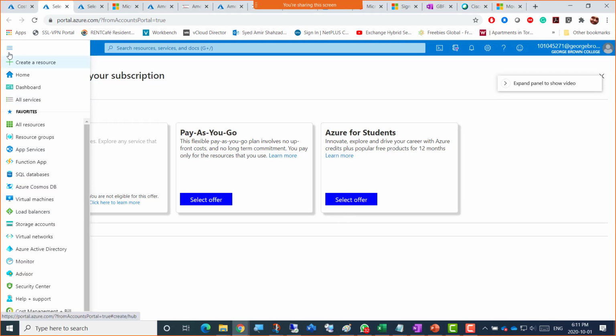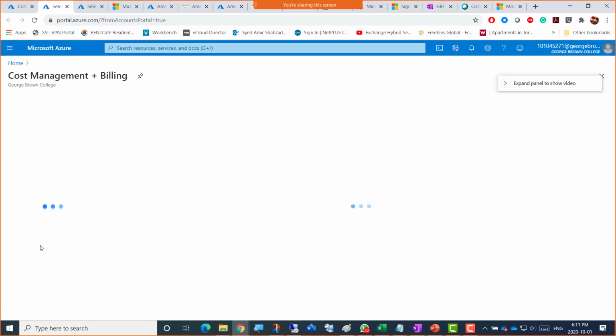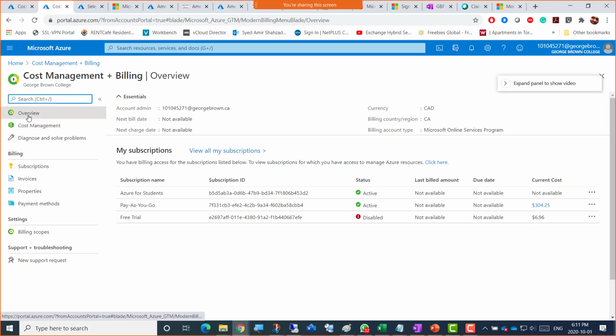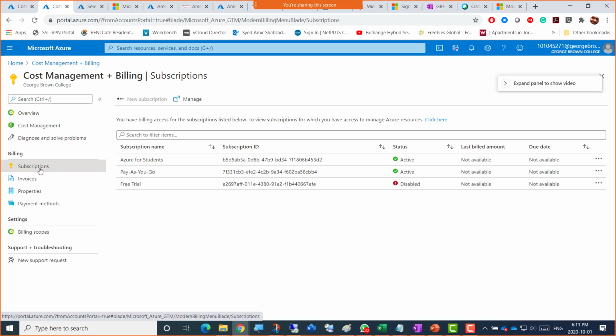But this comes from the portal menu here on the top left, and go way down to Cost Management, and then that's very strange. You're not seeing it, but you can see the subscriptions area, right? If you don't see Overview, you can see Subscriptions here, right? So in the subscriptions, if you click New Subscription, and then simply follow that Azure for Students, it's gonna